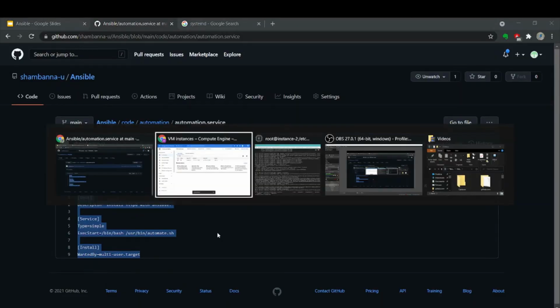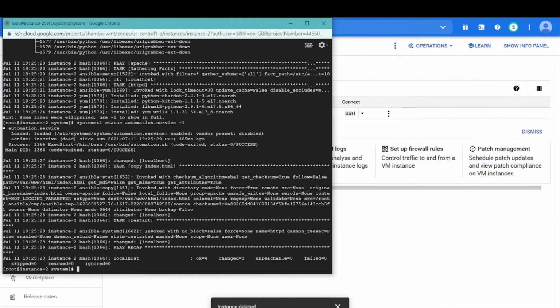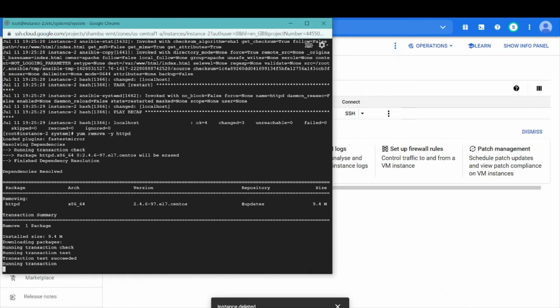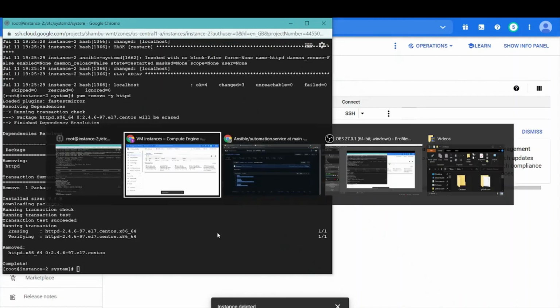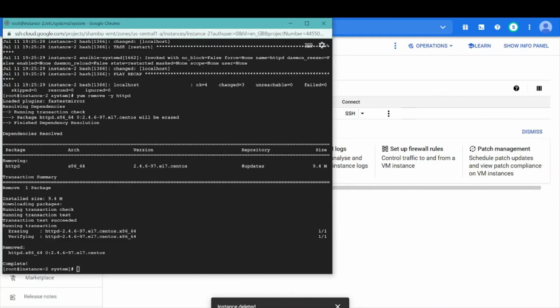Now what I can do here, I can remove this HTTPD, to make sure the playbook is running after restarts. So this is removing. If I check this IP, I should not be able to open this page. Yes, it is stopped. Now I'll reboot the VM.